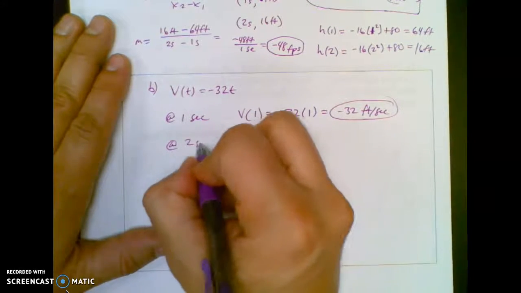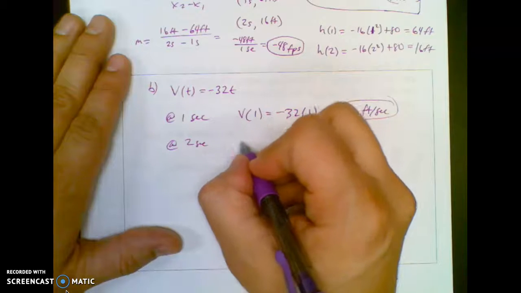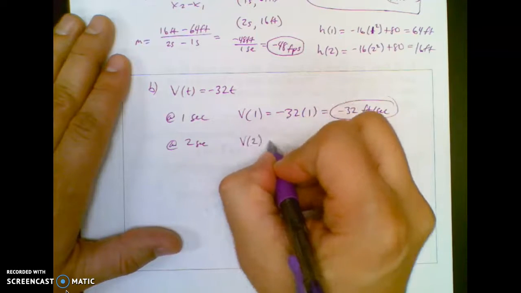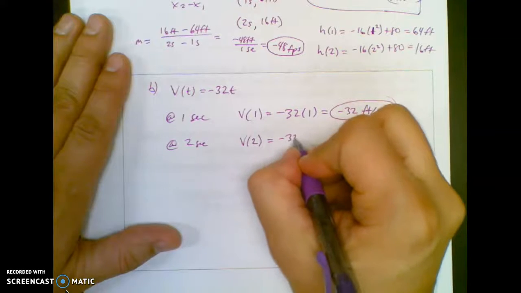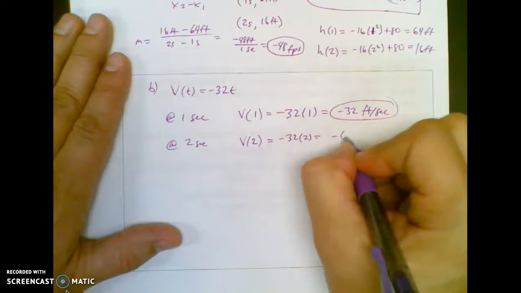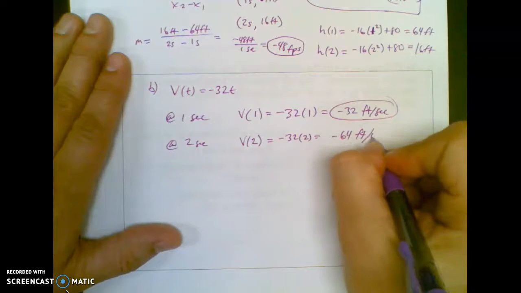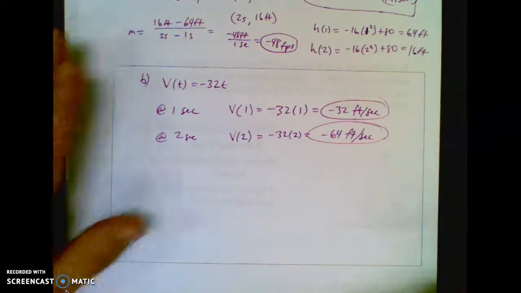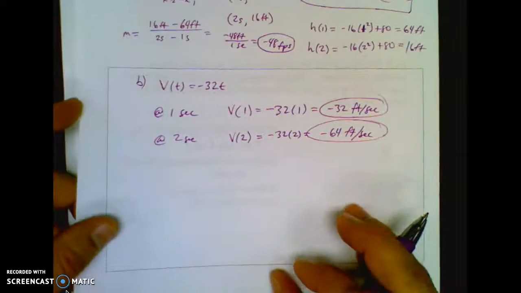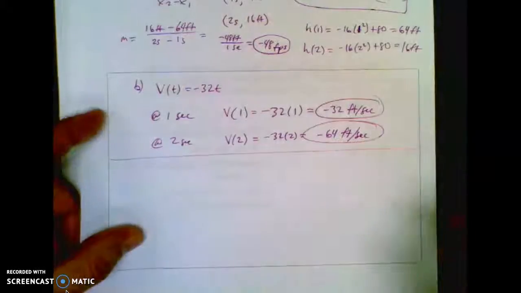At 2 seconds, so this cat is speeding up as it falls down, which makes sense because it's gaining speed the whole time, getting faster and faster and faster. It's moving at negative 64 feet per second. So you can see it speeding up. When it gets even farther, it's going to be moving even quicker. All right,